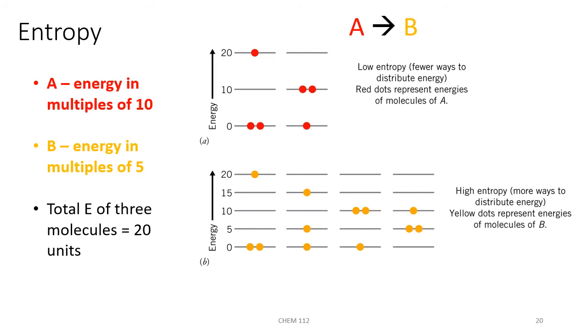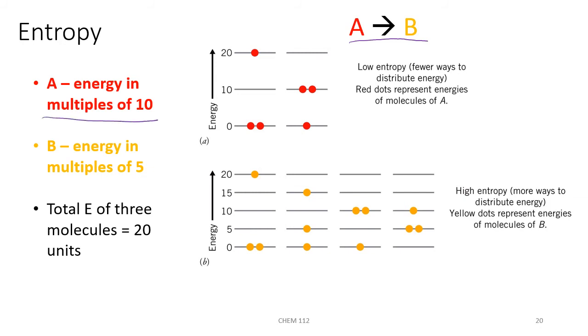9 times out of 10, the view of entropy as disorder will work well for our class. If you take any advanced chemistry, though, you might want to understand entropy a little bit deeper. Entropy has to do with how many microstates, or how many ways you can distribute energy amongst the molecules of a substance. If we imagine we have a reaction of A going to B,